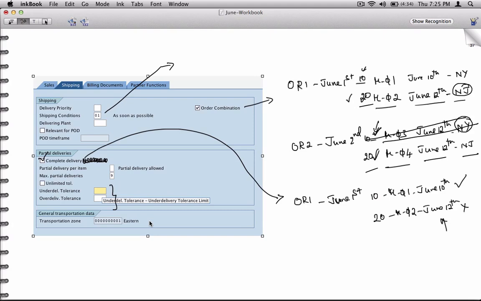In which case the under delivery tolerance is 10%. That means the customer can tolerate an under delivery of 10%. If the customer orders 100, he's okay if you ship him 90. But sometimes it's not the case. You cannot go like, yeah, I only have 50. Nah, that doesn't work sometimes. Or maybe it works. Right? So imagine a big shipping industry, a steel factory, that requires coke, that